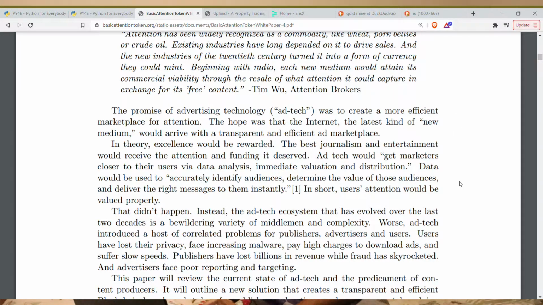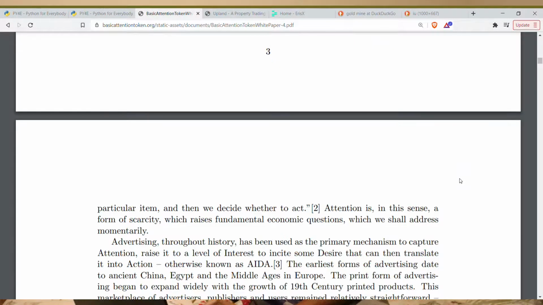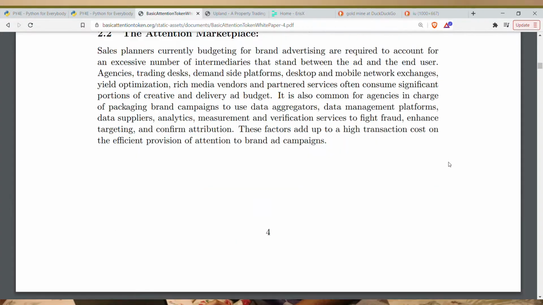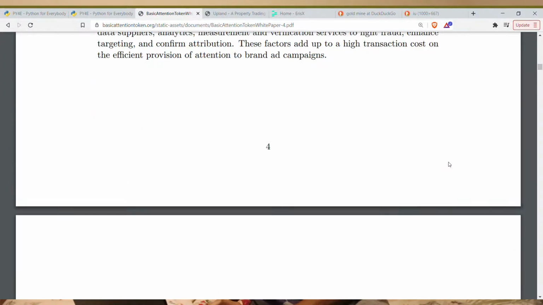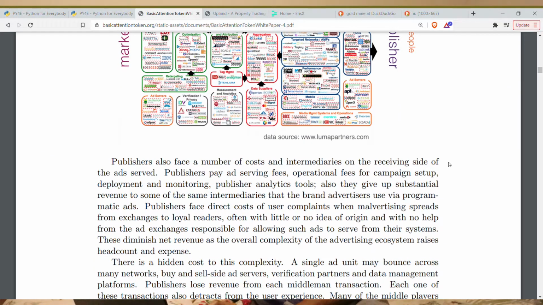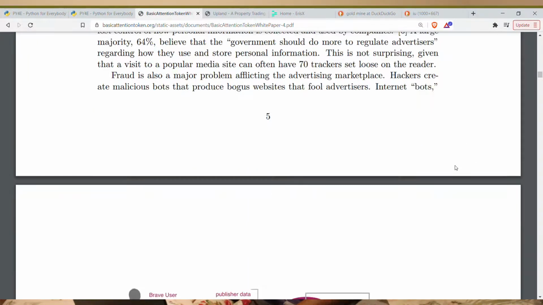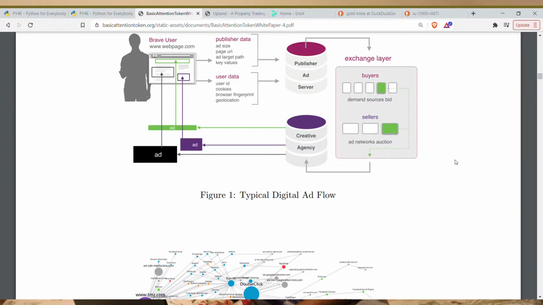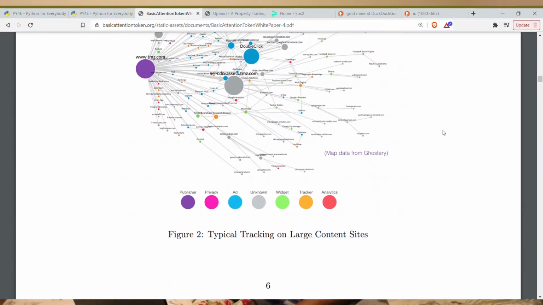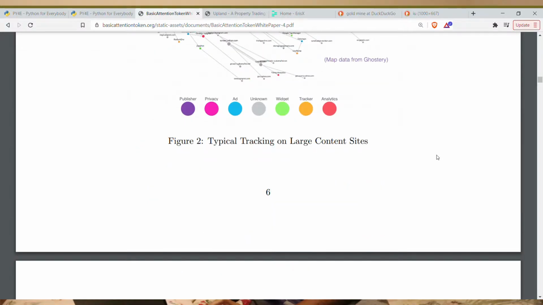So they describe the market a little bit. You can just type in Brave Whitepaper or Basic Attention Token Whitepaper, and you could pull this up. It's pretty interesting. They give you a lot of different diagrams to show you different things about attention on the internet and advertising on the internet.